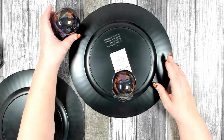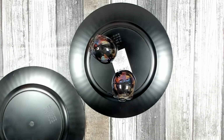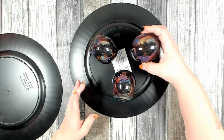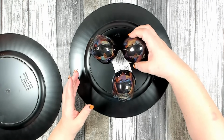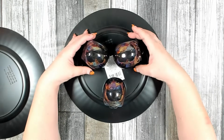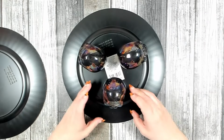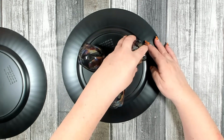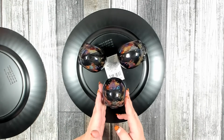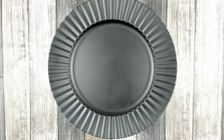So I'm going to use the second plate to help me place my little heads here before I attach my top plate. And I did remove the sticker off of the plate I'm going to use to attach. But this way I can make sure that I get it lined up. As long as the chins are all pulled out. Okay, and then I'll be gluing this right on top. So you want to lay that on and then look